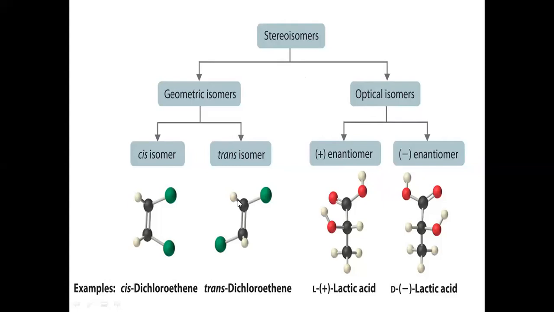If it is a regular tetrahedral carbon attached to four different groups, then all the elements of symmetry disappear. Means the carbon atom at the center of the tetrahedron, to which the four different groups